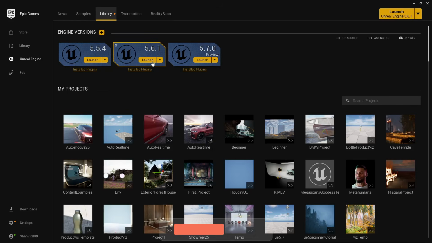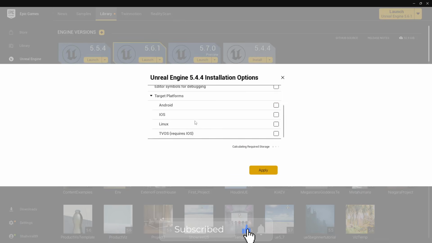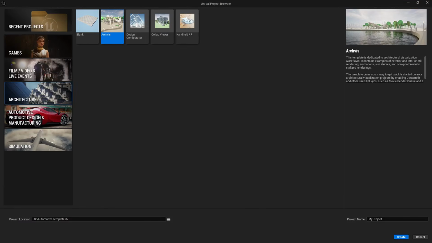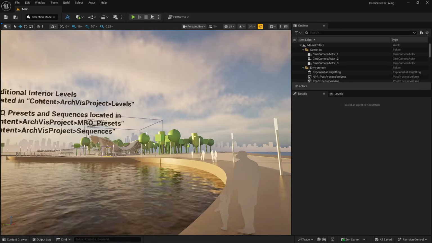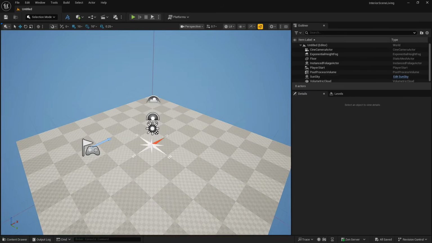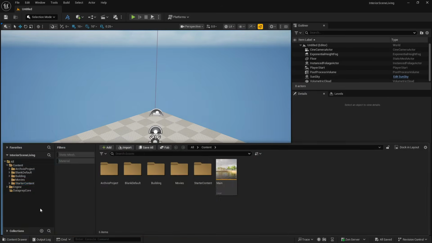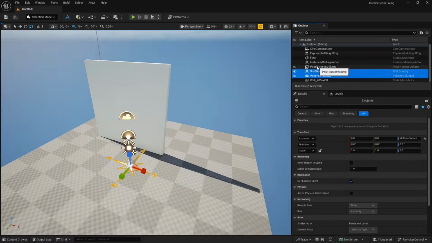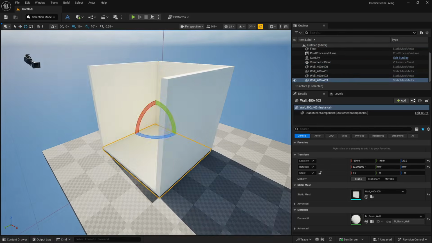If you have just opened Unreal Engine and you are wondering where to start, don't worry, you are in the right place. In this day one video, we are going to set up everything you need to begin your Archviz journey. We will go step by step through setting up your project the right way, adjusting Unreal Engine settings for realistic Archviz results, installing the Datasmith plugin, navigating your scene with ease, and learning how to move and copy objects